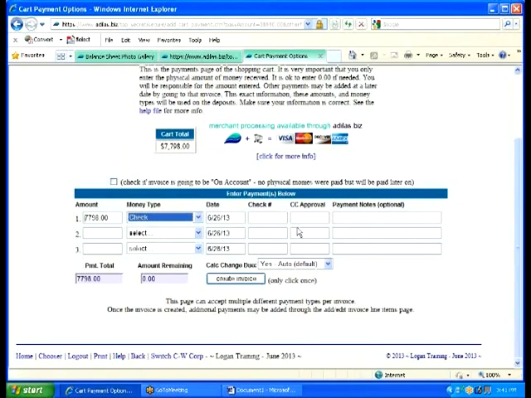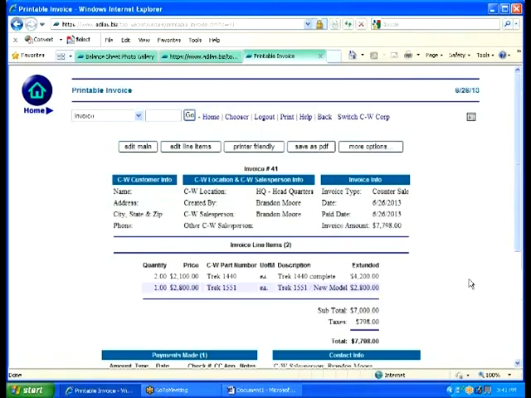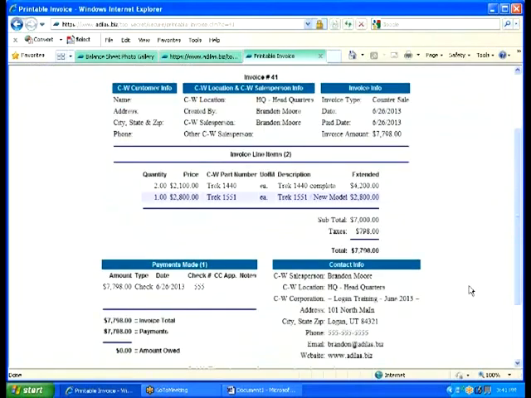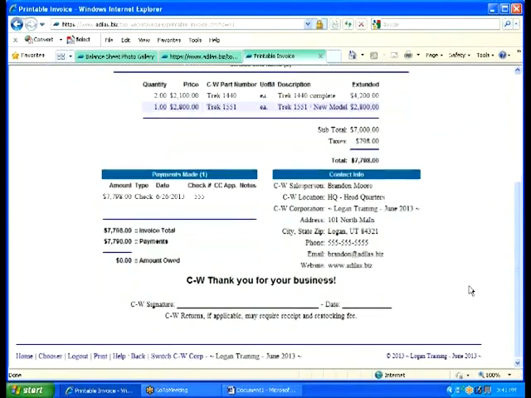And the check number is 555. And that's about it. Okay, here's my money. And then you would basically print off a little receipt for me, and I'd be out